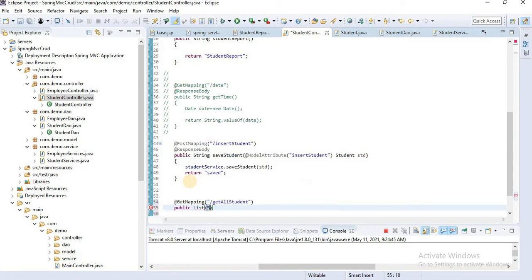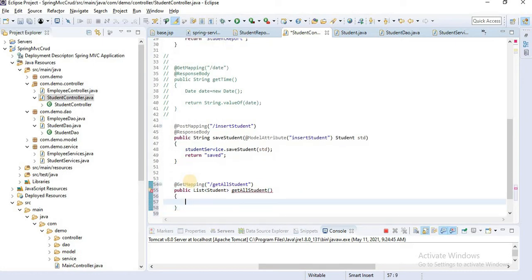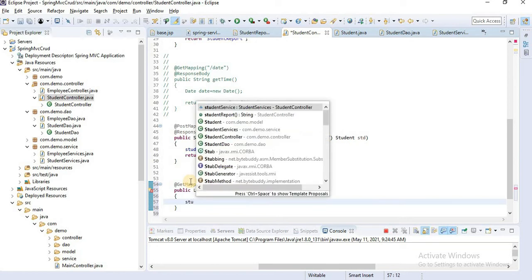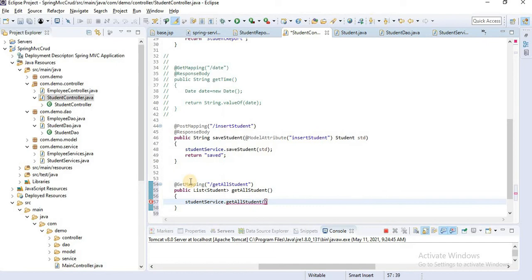List of student, get all student. Call our student service dot get all student.